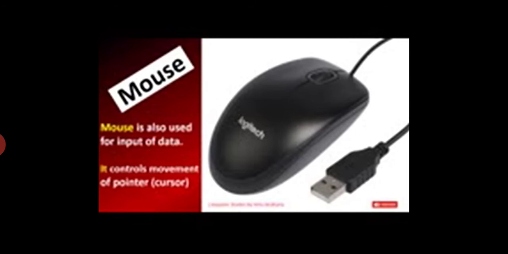Another thing, mouse is a device that controls movement of the pointer or cursor on the display screen. As the mouse is moving on the surface, the pointer on the display screen is also moved. Most of the input devices convert the data to machine readable form. This is asked in the textual MCQ number 4.